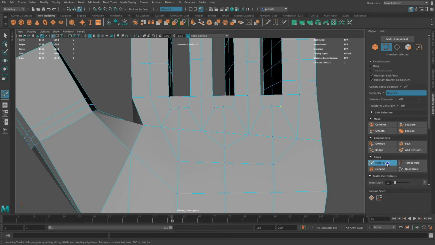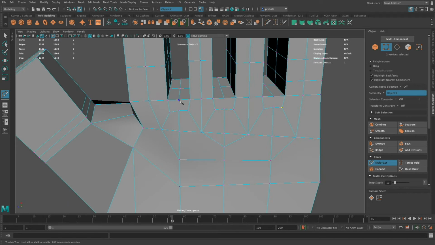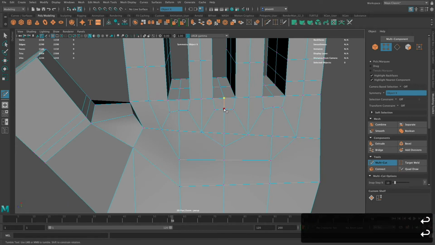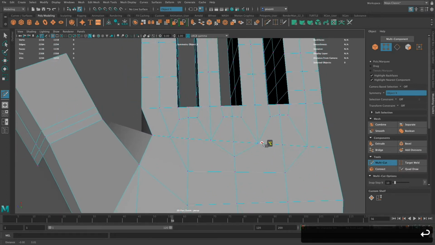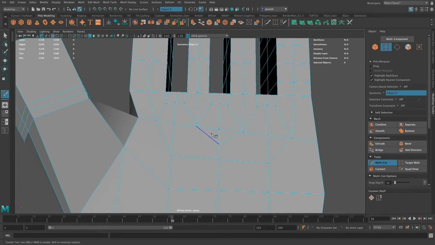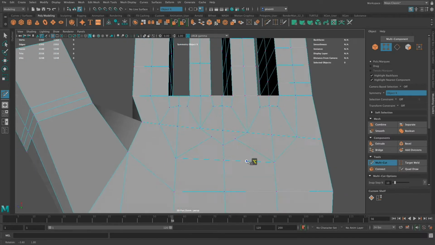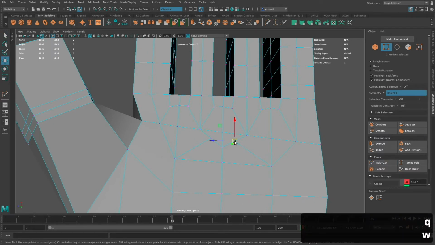And then I'm just going to connect this here, enter, using this multi-cut tool. Right. And then I've got other work to do here to make it all work out. So here, shift and close that one. Shift go center, and there to close that one. And then I've got a quad there. I'm going to move this